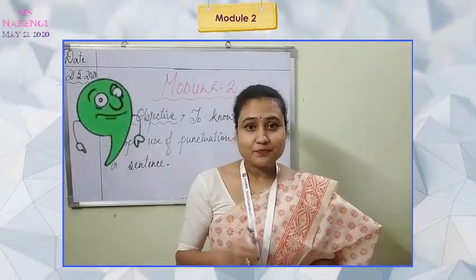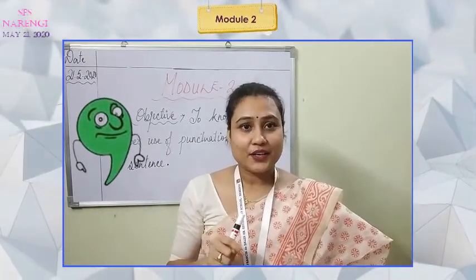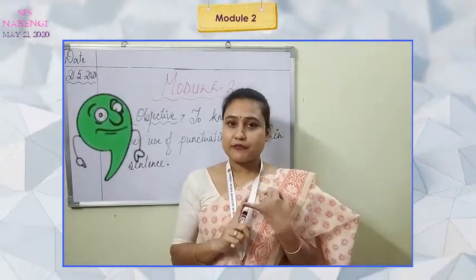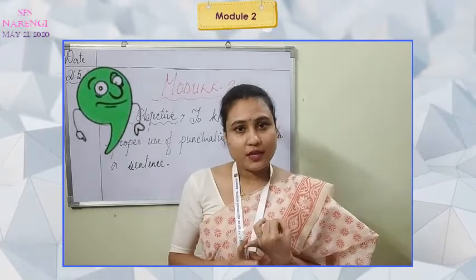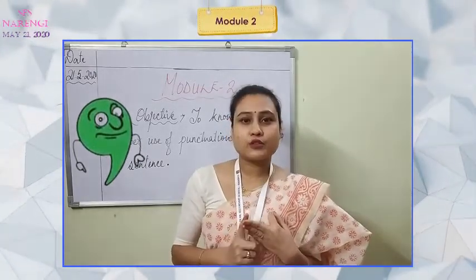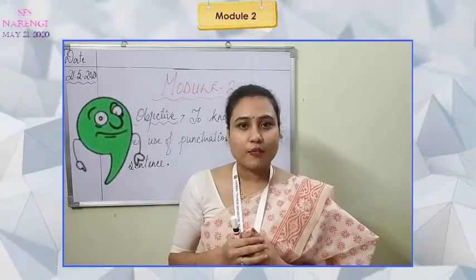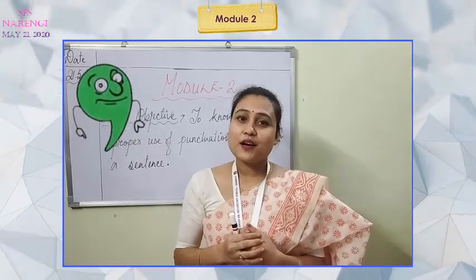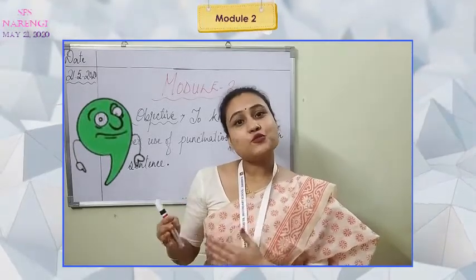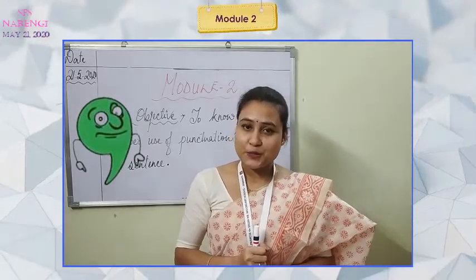Okay, so come to the third symbol. What is it? Can you tell me? It's a comma. So what is a comma now? We have done capital letters in class 2, we have done the question mark too, and also the full stop. So, ma'am is talking about something, comma. What is a comma now? Commas are symbols used to separate more than 2 or 3 words, sometimes sentences too.